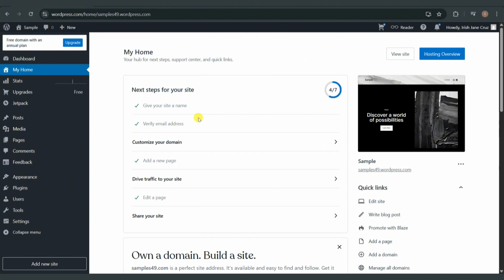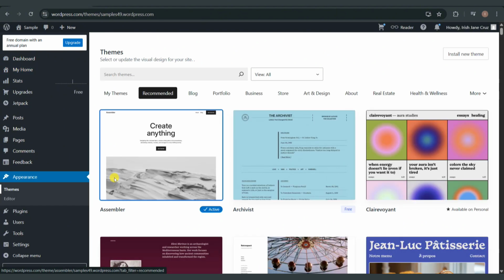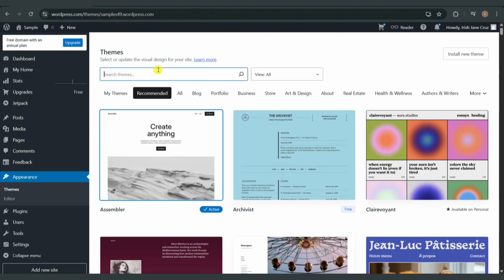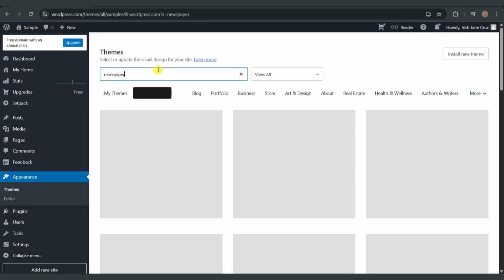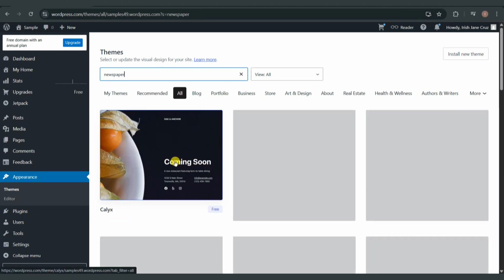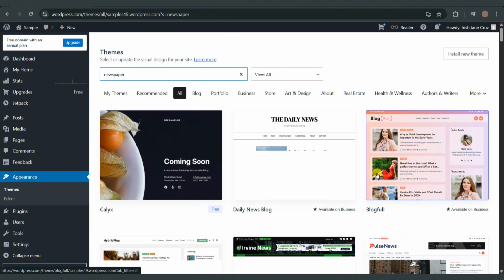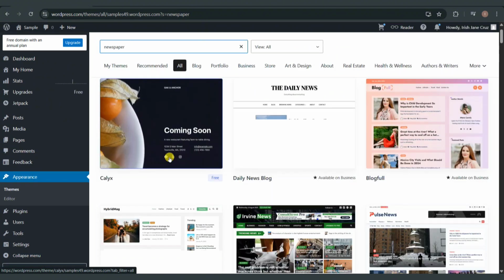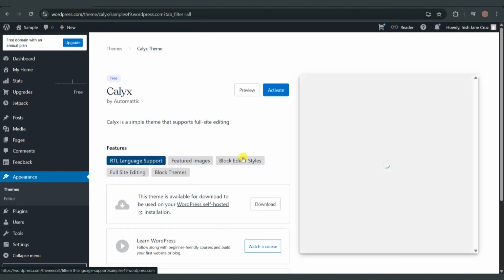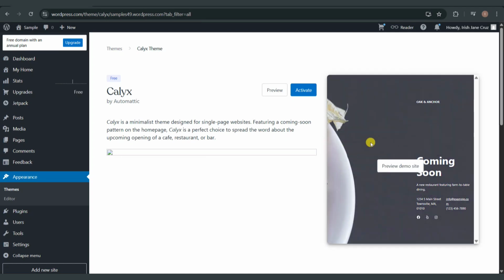So to get started, go ahead and open WordPress in your preferred browser and then sign in to your account. And then make sure that you have the theme installed on your device. So go ahead and install the newspaper theme on your device. So once you have it installed, go ahead and head over to the Appearance tab again, and then click on